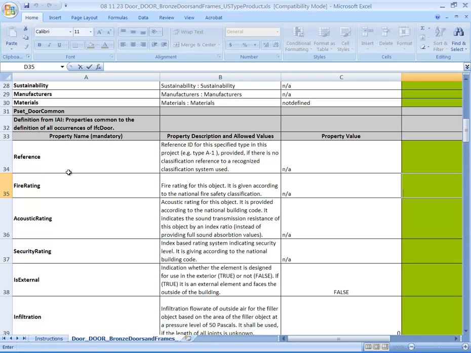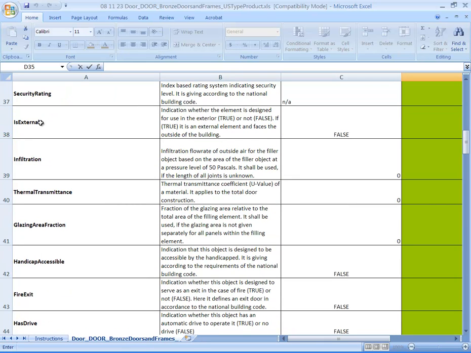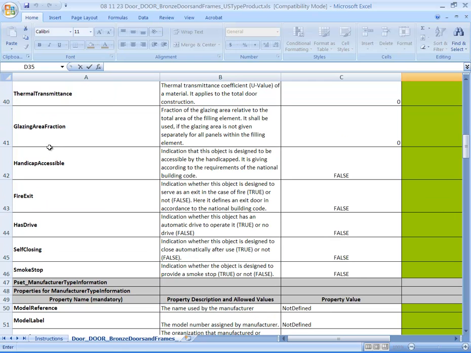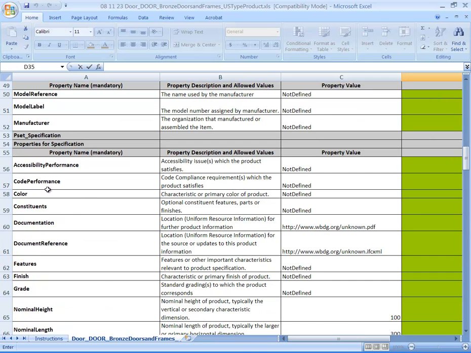So right now I just want to go through briefly and take a look at some of the main property sets. And again, we've been looking at the P set door common, which, as I mentioned, are property sets that are going to be common to all the door templates. You also have, if we scroll down to line 54 here,